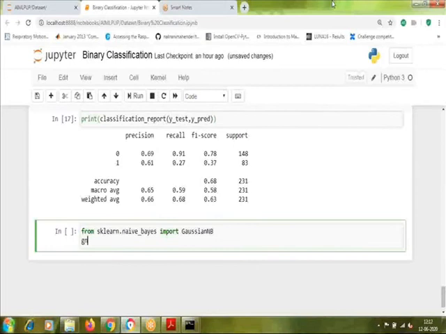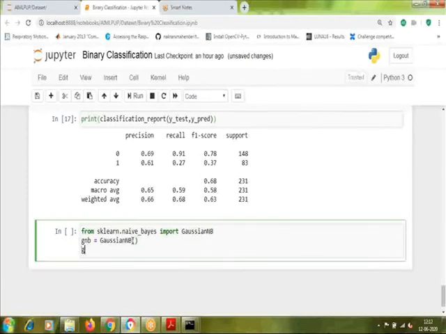Then we are going to initiate the model, and then train it by using the fit function, similarly with xtrain and ytrain.